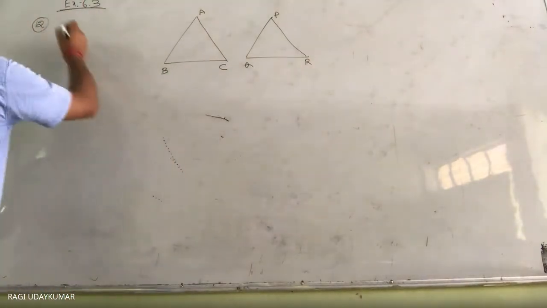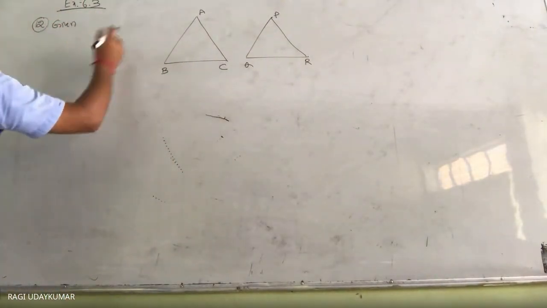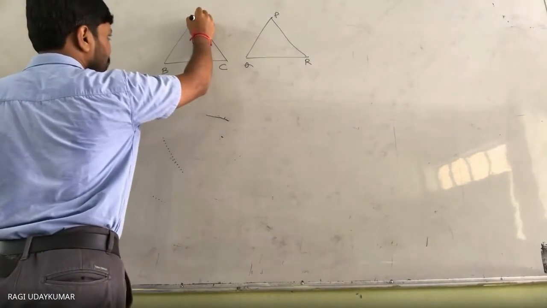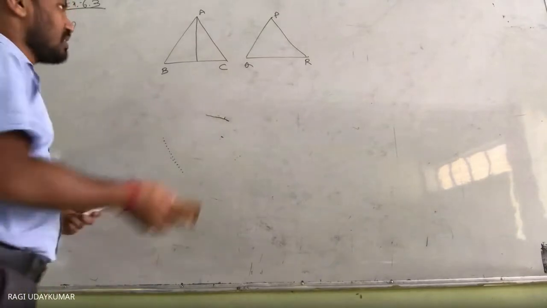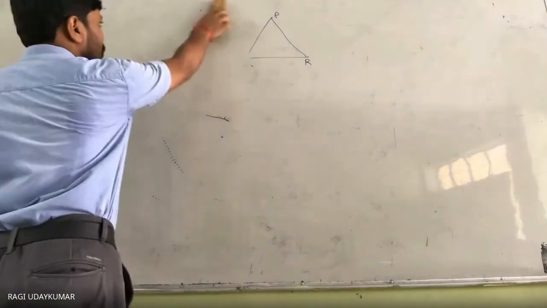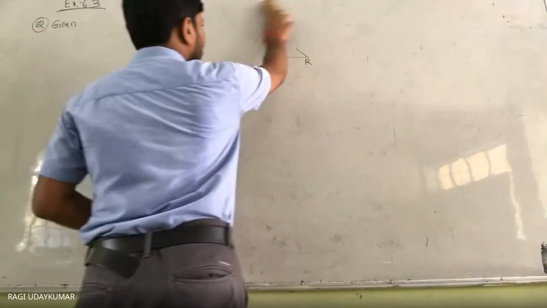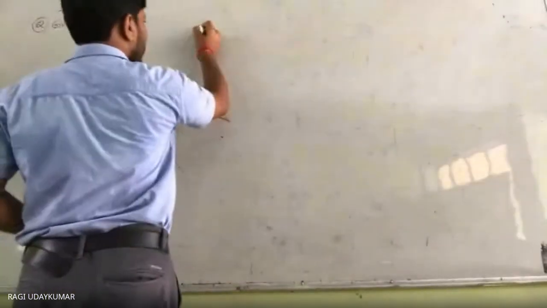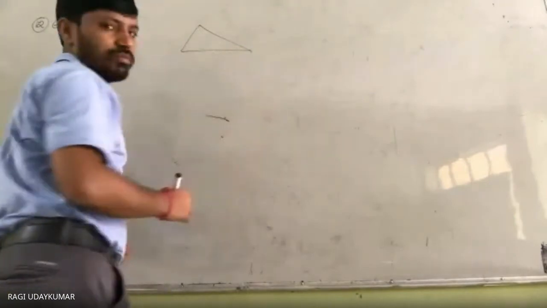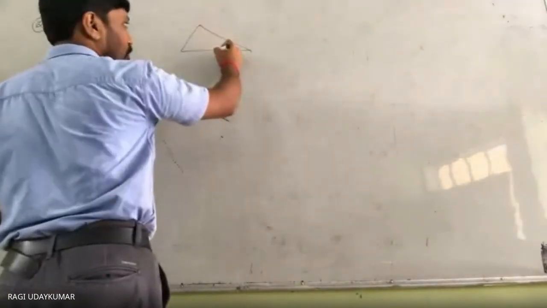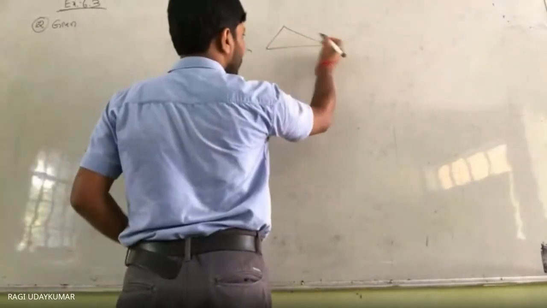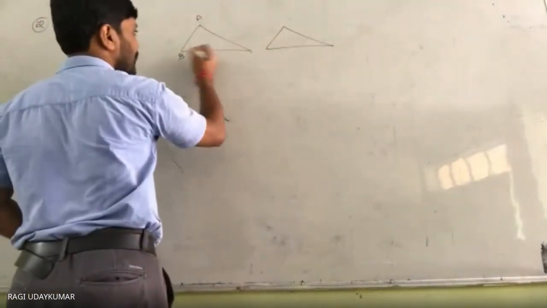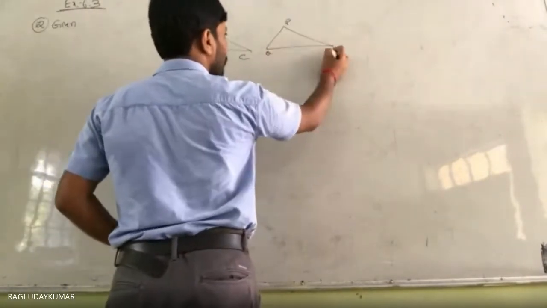What is given here? A median. Median is nothing but here. Most of the students will get confused when you draw isosceles or equilateral triangles, because they take the median to be a perpendicular. That's why I have changed it. The triangle may be like this also. A median is like this, not a perpendicular. So that's why it is better to draw a non-equilateral triangle, so that confusion will not be there. Otherwise, you may get confused here.